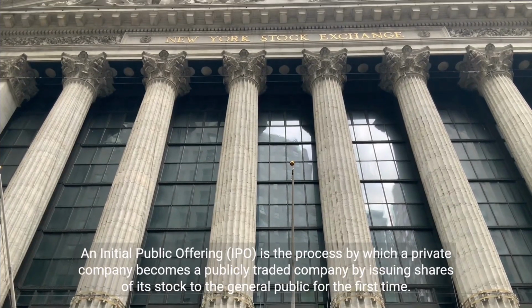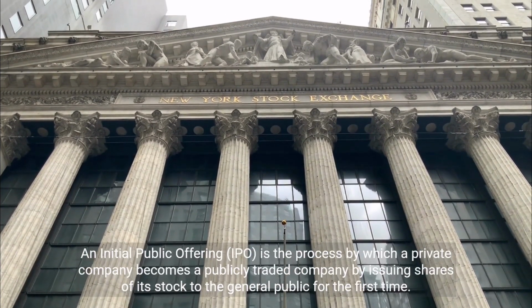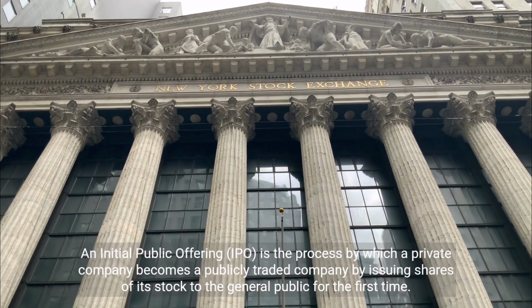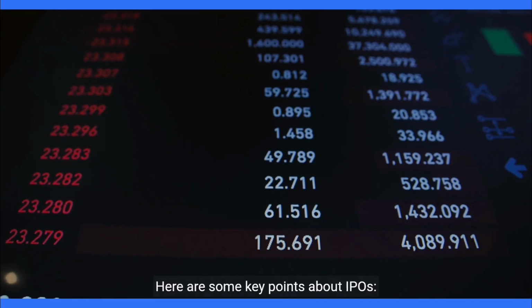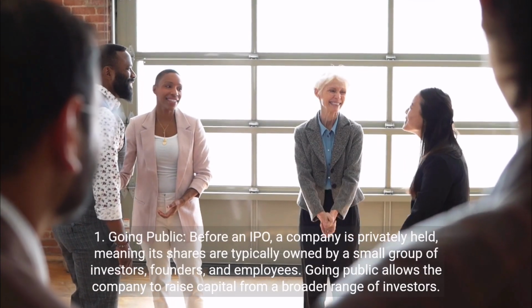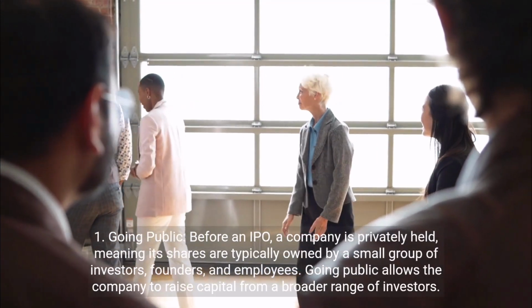An initial public offering, IPO, is the process by which a private company becomes a publicly traded company by issuing shares of its stock to the general public for the first time. Here are some key points about IPOs. 1. Going public. Before an IPO, a company is privately held, meaning its shares are typically owned by a small